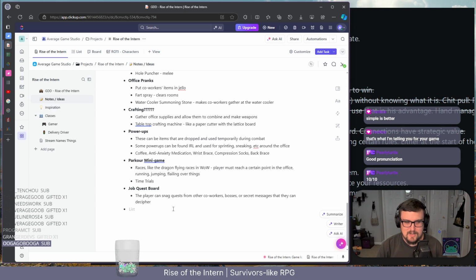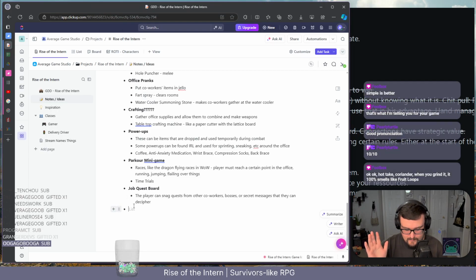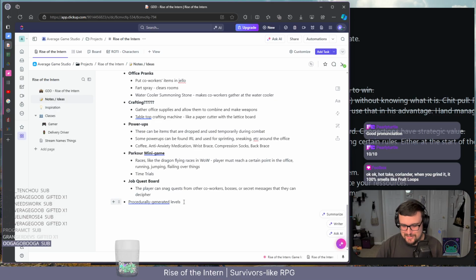Anyways, we're talking about careers. Okay, so we got the quest board, we got parkour. The modular board, I was thinking of adding, everybody's gonna laugh. Procedurally, that was close. Procedurally. Do you think it'll know what I'm trying to say? Just kidding. All right, so procedurally generated levels. So not fully, but